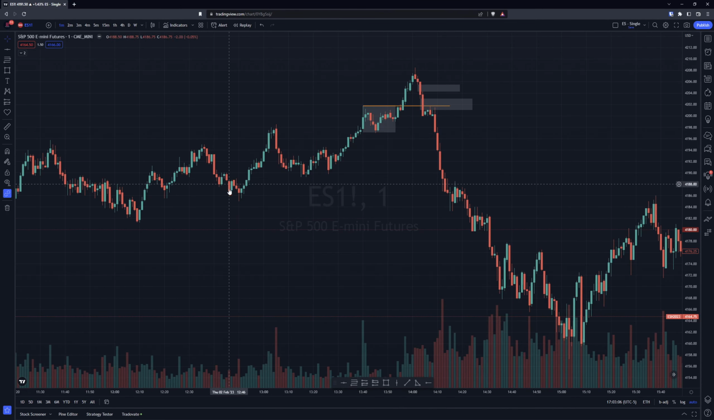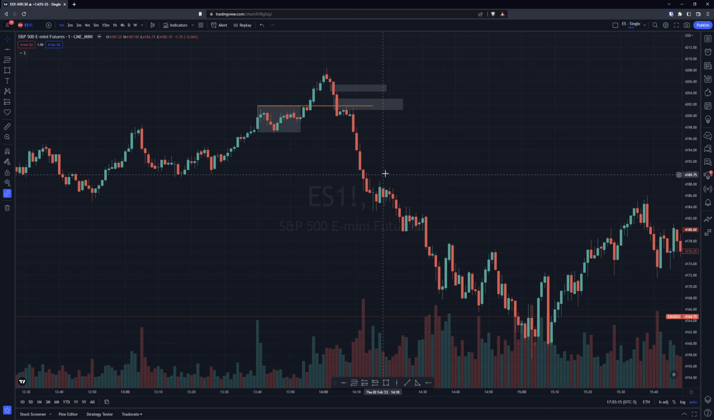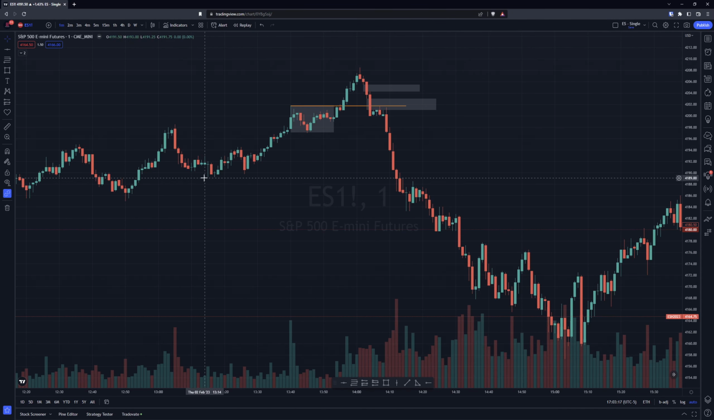Very conservatively, you could play down to here, equal lows, right? What a great move. That's a great move. Look at that. I mean, it's almost straight down. Take out these equal lows, and you're talking about 4201